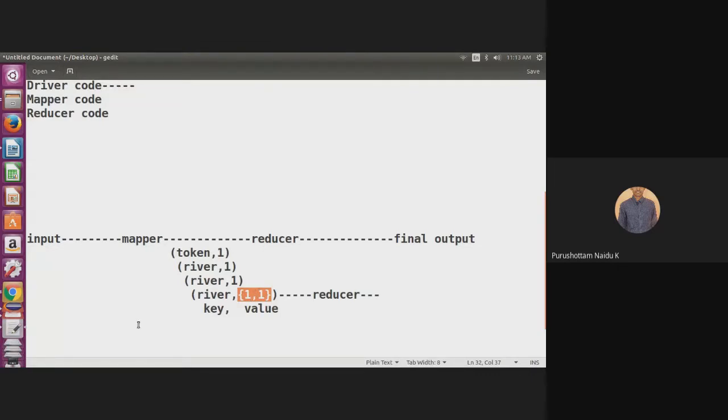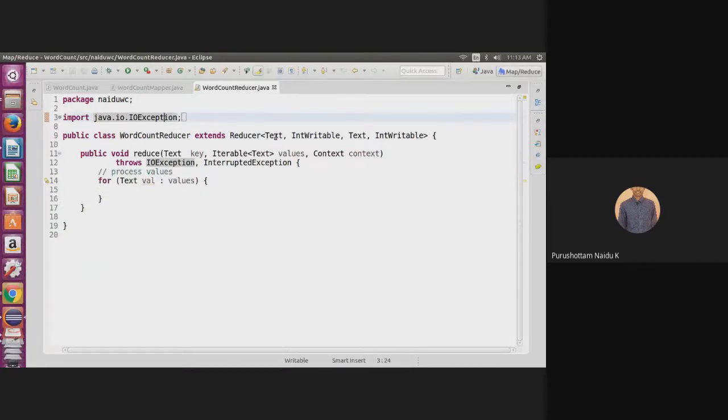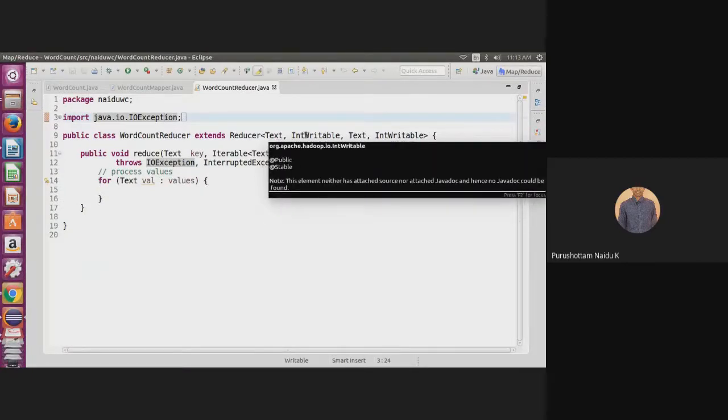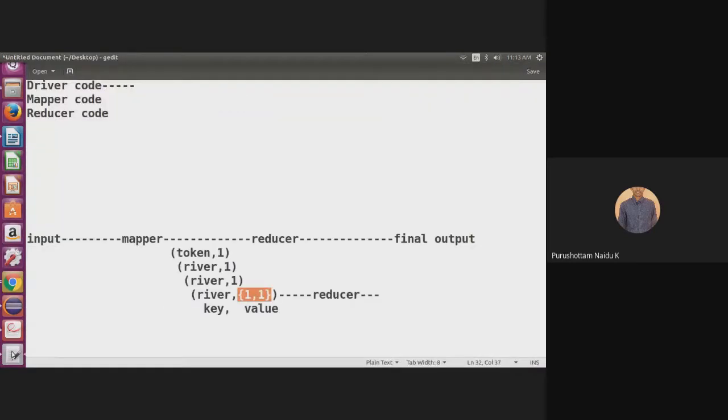Now if you see the reducer code, the reducer input key type is text, and the reducer input value type is IntWritable; these are integer values. What is the output of the reducer?